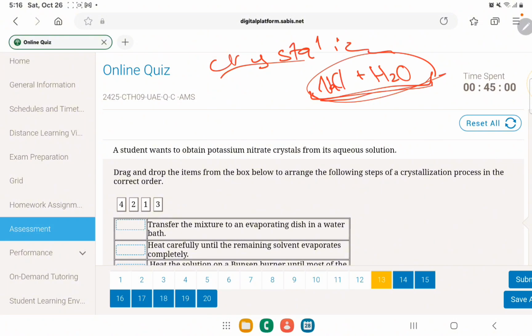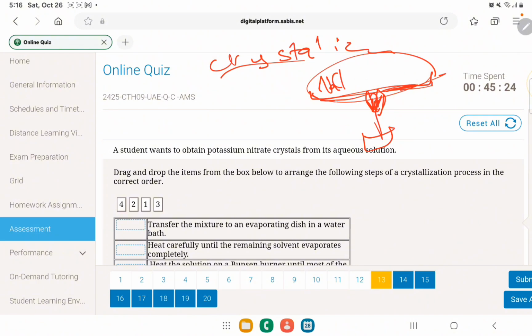So this solution, I'm gonna put that in the evaporating dish, and then we're just gonna put the Bunsen burner, like fire. I'm not an artist, okay, so just deal with it. Okay, so we're gonna put it on the Bunsen burner until most of the H2O evaporates. The second thing we're gonna do after most of the H2O got